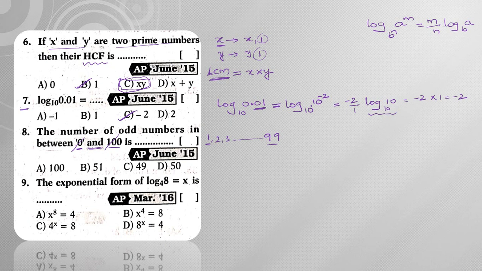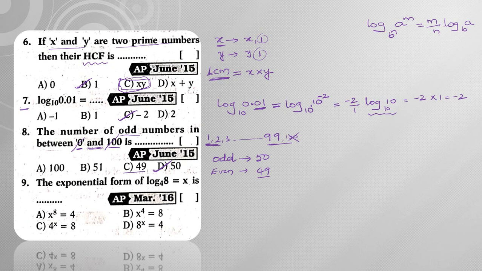Since we have 99 numbers, we are going to have 50 odd numbers and the remaining are even numbers. How many even numbers? 49. When you consider 1, 2 as a pair, you have one odd and one even. Likewise for 99 you are missing 100. That is the reason evens are fewer than odds. Since he asked about odd numbers, the total is 50. If you ask about evens, it would be 49.